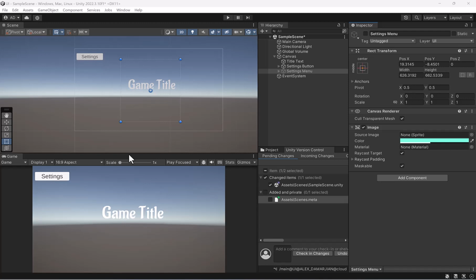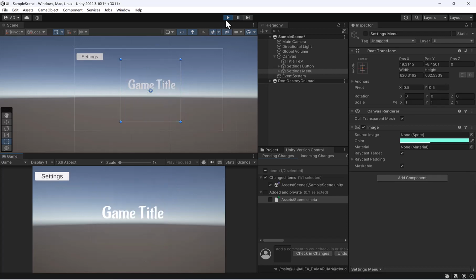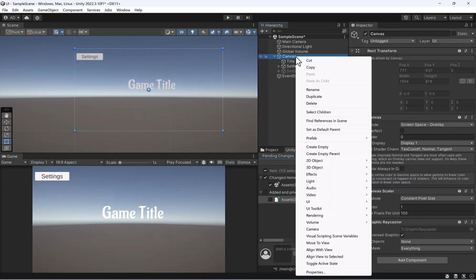Okay, let's take a look at where we left off last time. We have a settings window. I can close my settings window. It brings my game title back. What I'd like to do is create